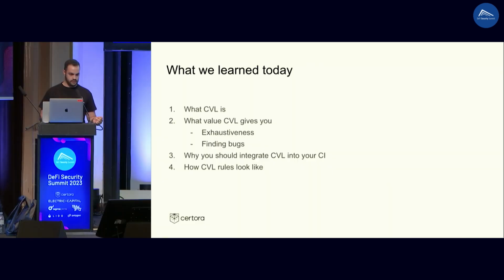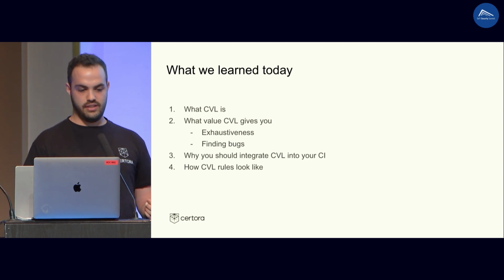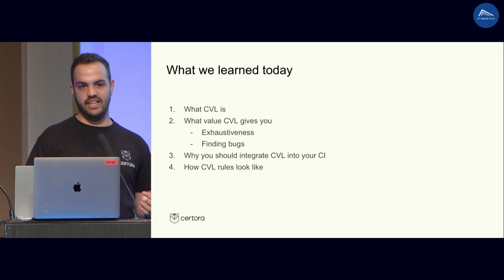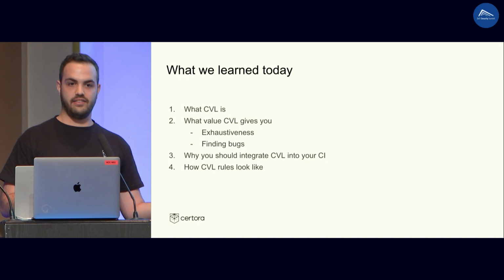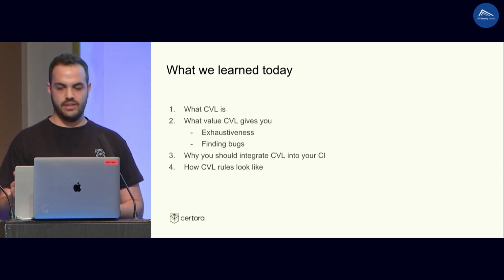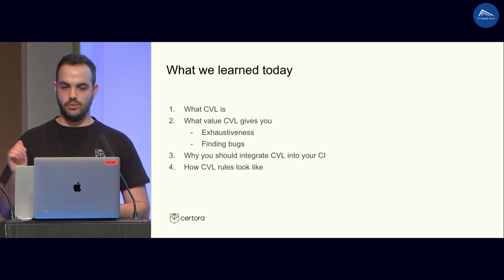Okay. So what did we learn today? We learned what CVL even is. It's a language for developers, where we can write rules in an intuitive way that will help you secure your code. The value that CVL gives you is exhaustiveness and finding bugs: we can check all of the states, that's the exhaustiveness part, and finding bugs we saw from the CI integration, that whatever you do, if you integrate it in your CI, the rules run again on your new code,